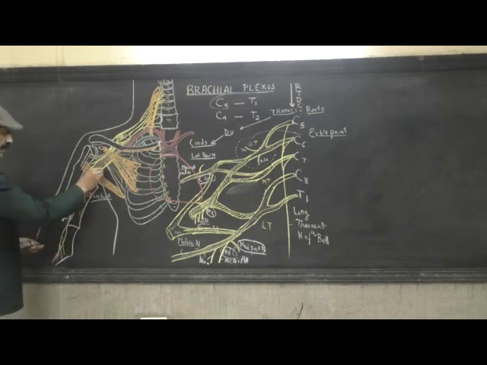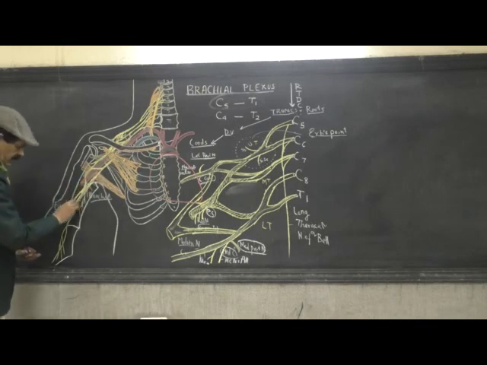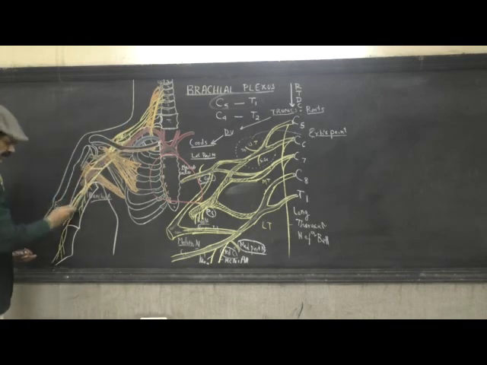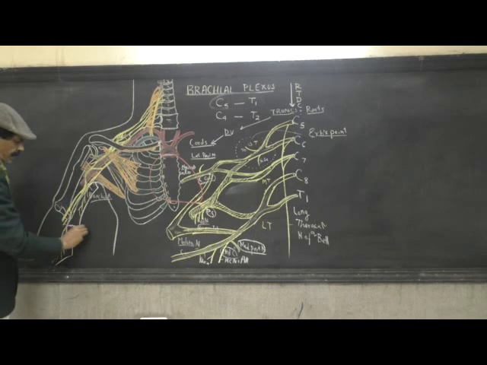Then this medial cord is continued as the ulnar nerve, which passes behind the medial epicondyle. A groove is already there, and it enters the forearm behind the medial epicondyle as the ulnar nerve. So the medial cord is continued as the ulnar nerve after giving the four branches. So this is the ulnar nerve,